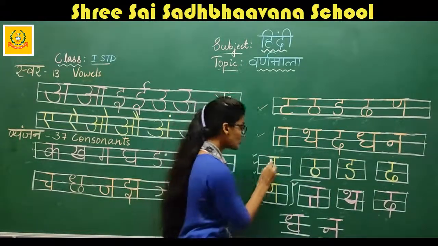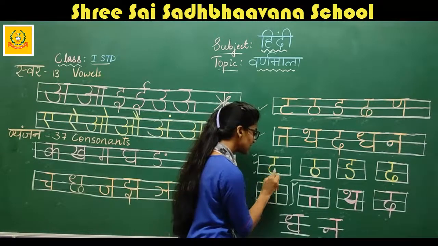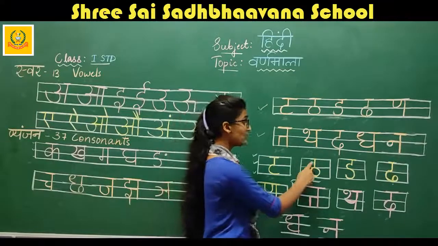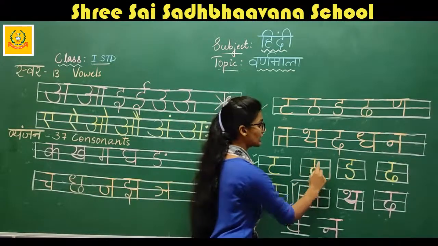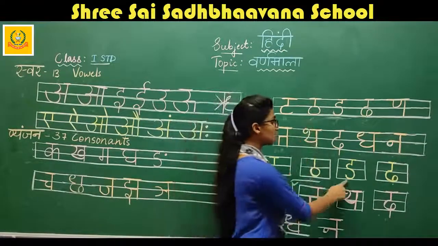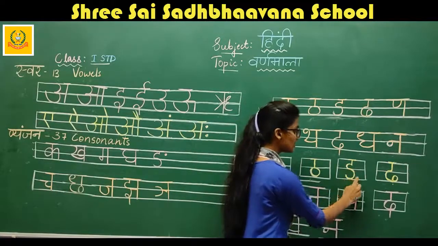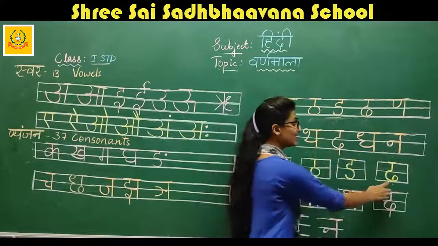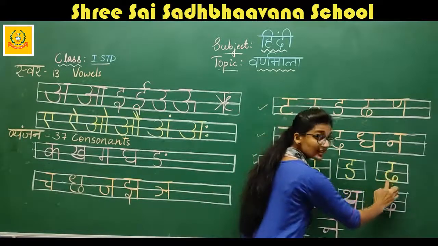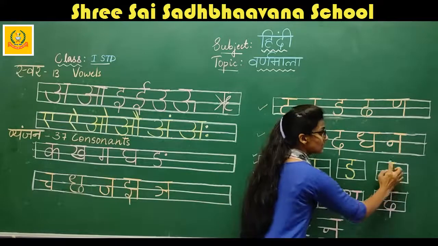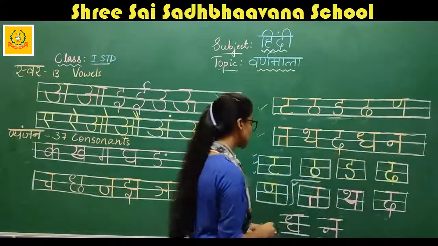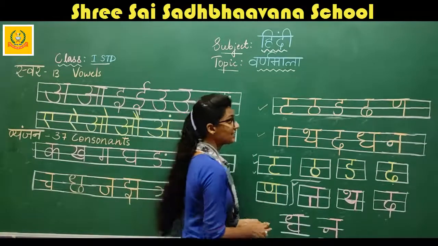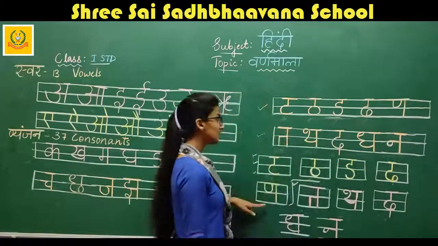How to write ta now? One standing line, curve, and sleeping line. This is ta. Next we have standing line, a zero, and a sleeping line. Ta, da. Standing line, curve, sleep, and another curve, and sleeping line. Da. Standing line, curve, do like this, and a sleeping line. Da. Na. Upper curve, standing line, sleeping line. Na. This is tha varg.